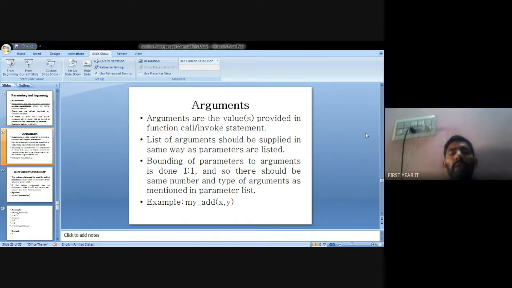A comma b are the main parameters, that is, the actual parameters. X comma y are the formal parameters. A is passed to x, and b is passed to y. Okay, this is how the function is invoked, passing the parameter values.